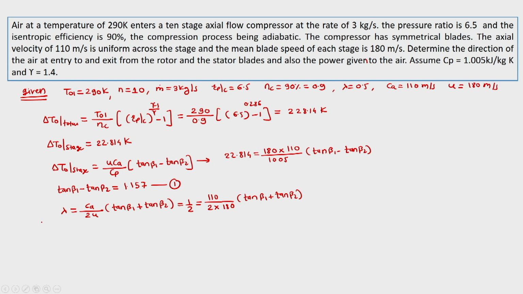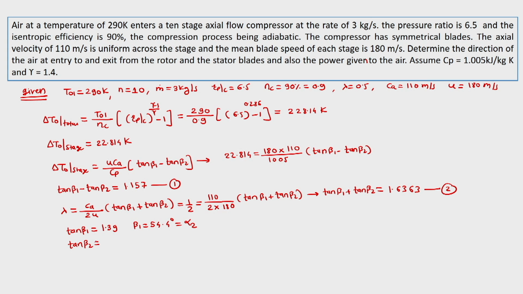So we get the other expression as tan of beta 1 plus tan of beta 2 is equal to 1.6363. So this we will say as equation number 2. We can solve the equations simultaneously. We will get tan beta 1 is equal to 1.39, which gives us beta 1 is equal to 54.4 degrees, which is also equal to alpha 2,